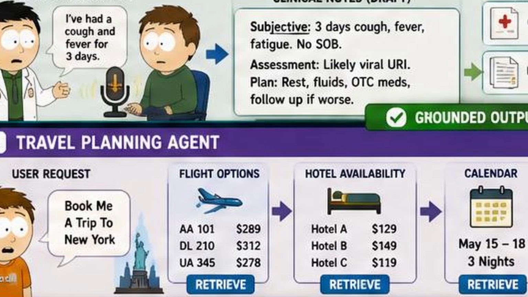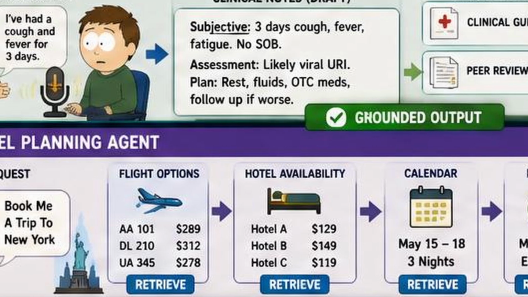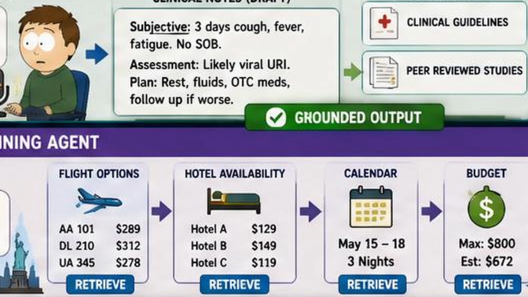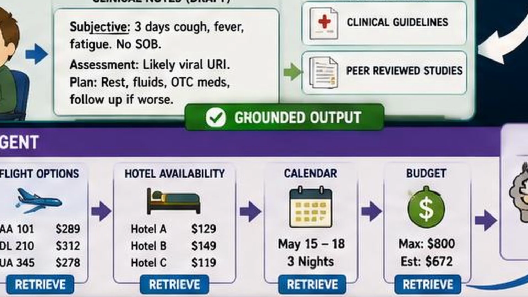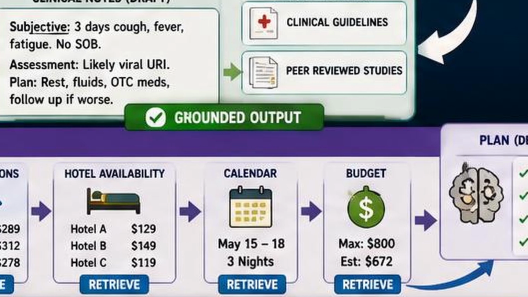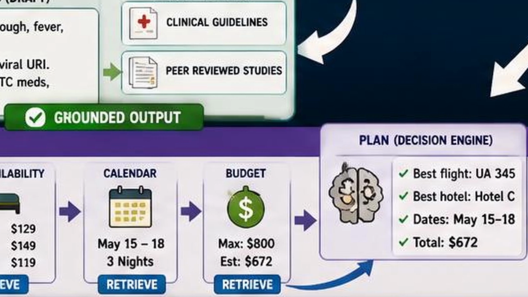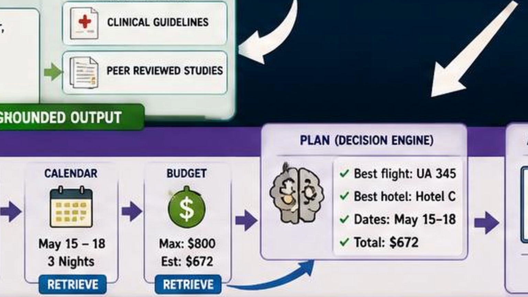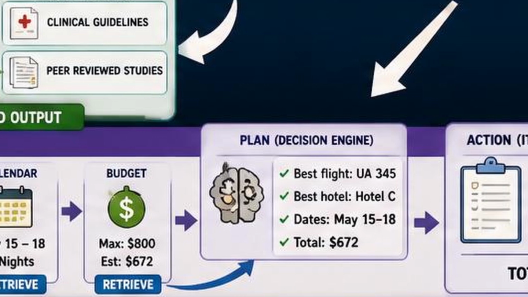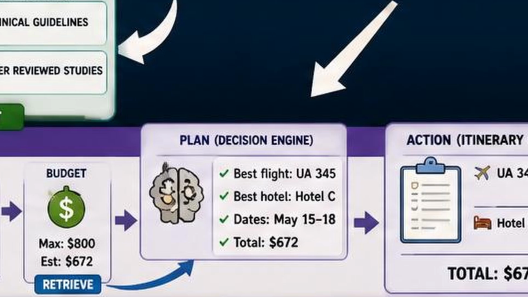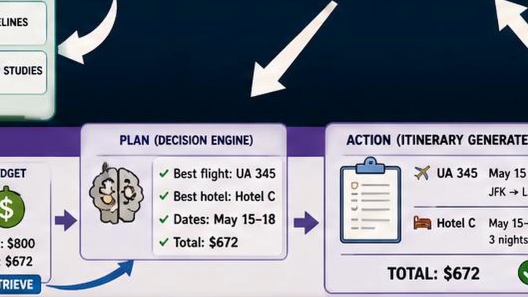AI agents. This is where it gets interesting, and we've got a full episode on agents coming later in this course, so just a preview for now. When an agent is given a task like "book me a trip to New York," it doesn't do that in one shot. Before each action, it retrieves something: flight options, hotel availability, your calendar, your budget. Each of those lookups is essentially a small RAG cycle. A lot of what people now call AI agents is really a chain of retrieve-augment-generate loops with actions attached at the end.